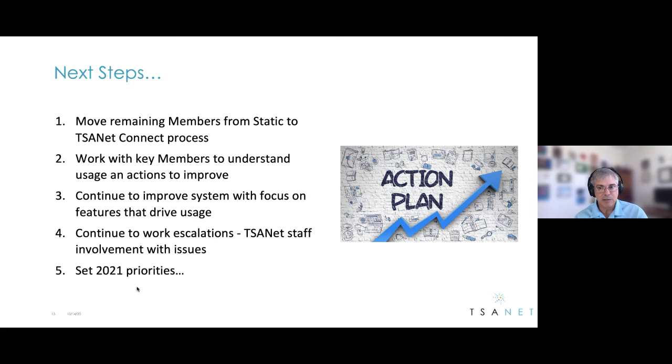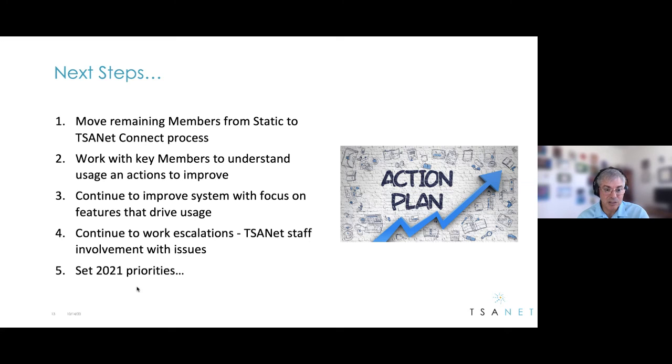As far as improving the system, you saw on the December release, almost all the features and functionality are intended to help drive usage and remove any barriers, that type of thing. Again, we see us continuing to prioritize features and functionality along those sides. And then from TSANet staff